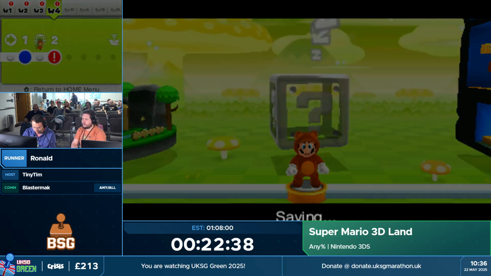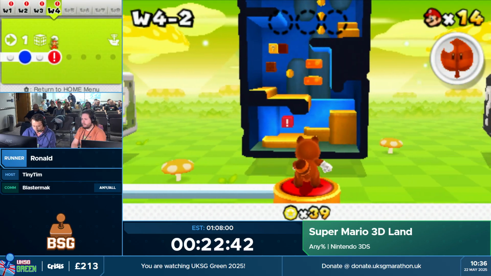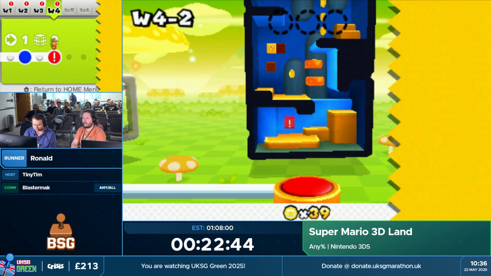Alright. We don't have many of these, but here's another vertical level coming up. Do we get the propeller block again? No, not for this one. Would have been nice, but...